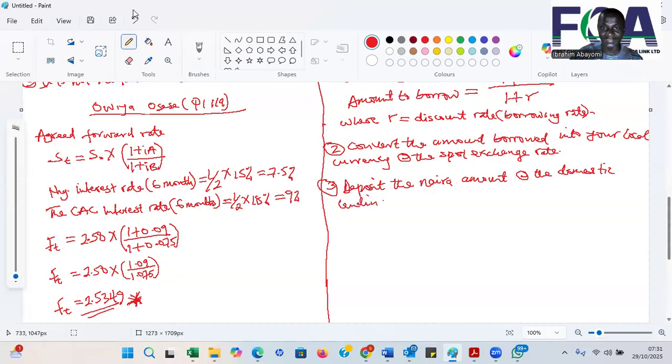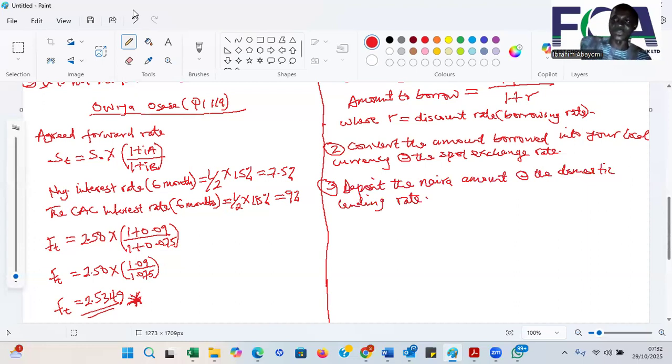You are not borrowing, you are lending. Now, when that time comes, your investment in Nigeria is accumulating interest. Your investment in the United States, or whatever country you are dealing with, is also accumulating interest. But that one in the United States, because you have discounted it using the borrowing rate, it will grow to